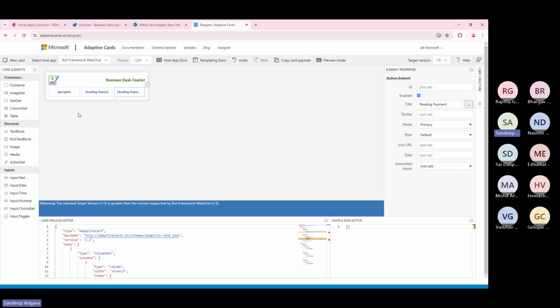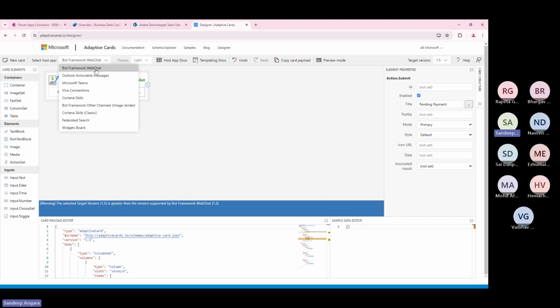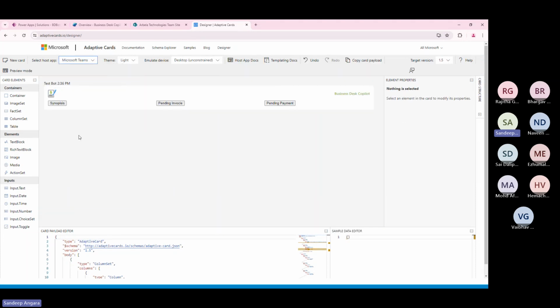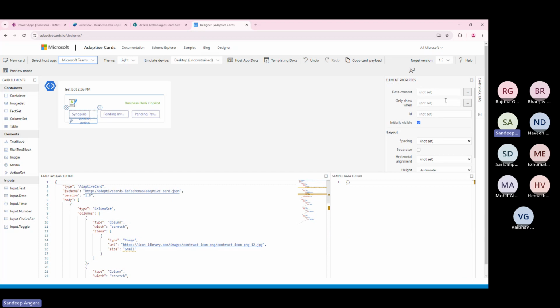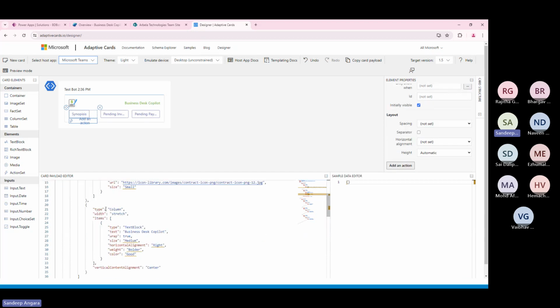Once added, as I said, there are different hosts that support these adaptive cards. If we want to check how different hosts render these cards, we can just select our host app, and we can see how it actually displays in our target host. But this is not how I designed the adaptive card that you saw in Teams, as there are a couple of tweaks as well. So some properties might not be populated over here on the right side, but we might be searching into the